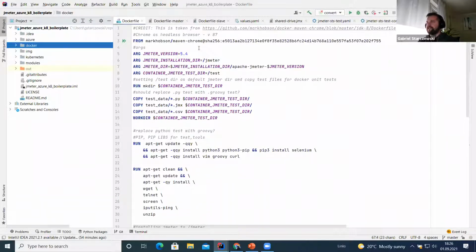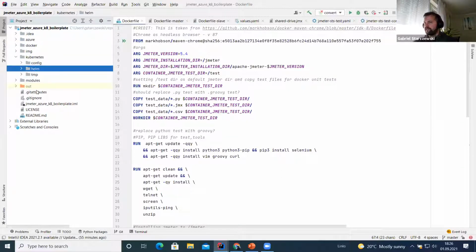So let's say I want to run my performance test with 10 slaves, and obviously there also needs to be one master. I want that Kubernetes organizes this for me, and I just tell Kubernetes that I want 10 and it should work, right? So in order to achieve that, what you need to prepare is something that's called the Helm